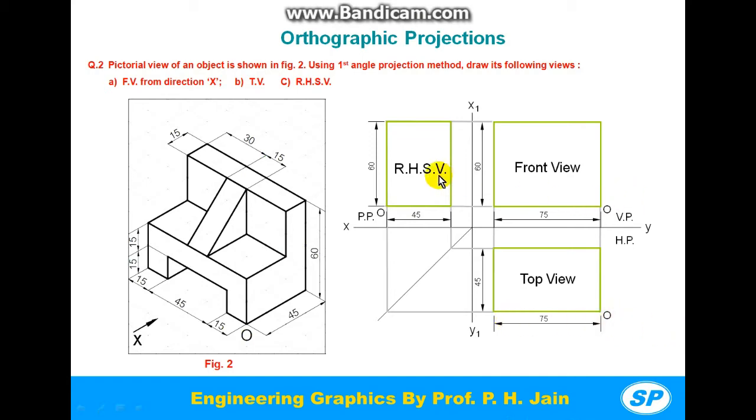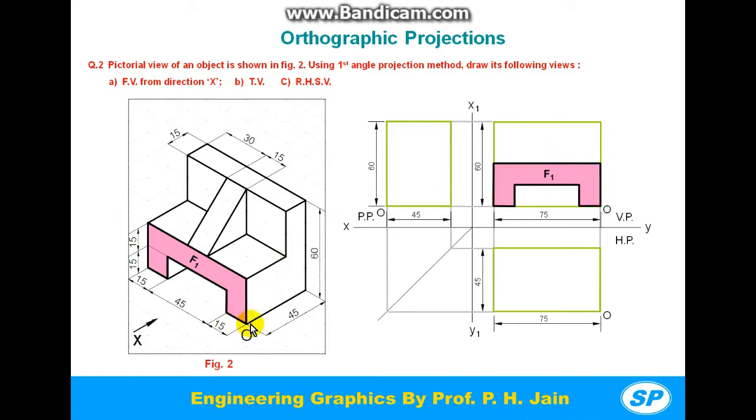Now, after drawing these rectangular blocks and marking this origin O in each view, next step is to complete the front view. Now look at the object from front direction. So from front direction, we will see this F1 face. F1 is the vertical face. So this is towards left of the origin O. So in the front view, with the reference of this origin O, draw this F1 face in this rectangular block.